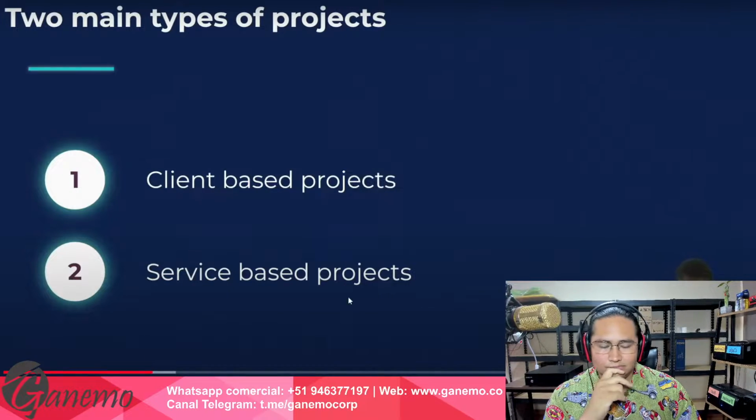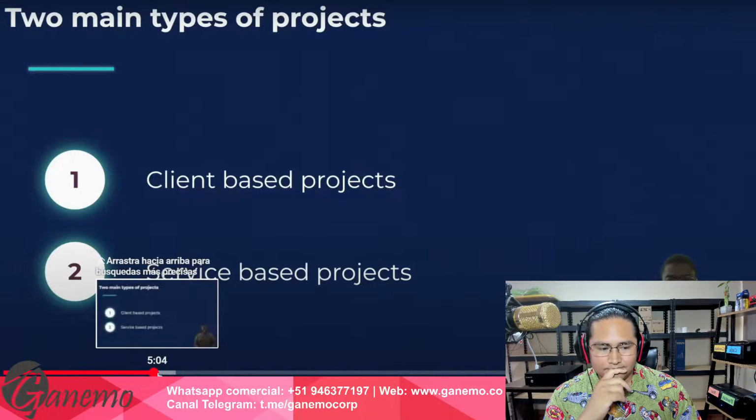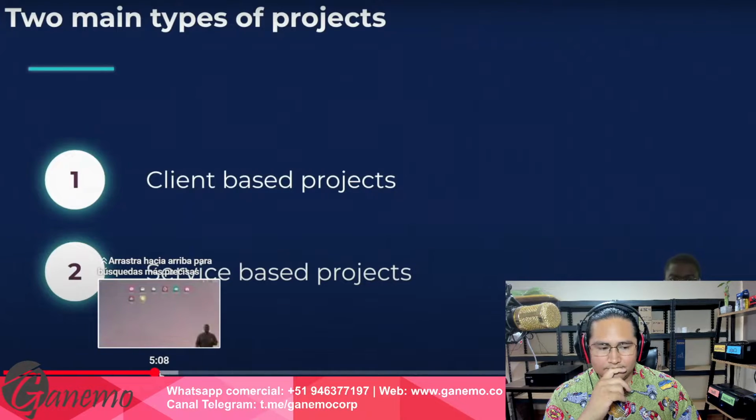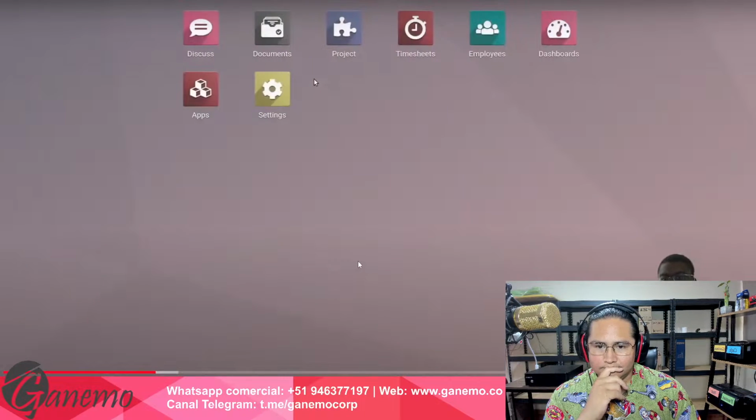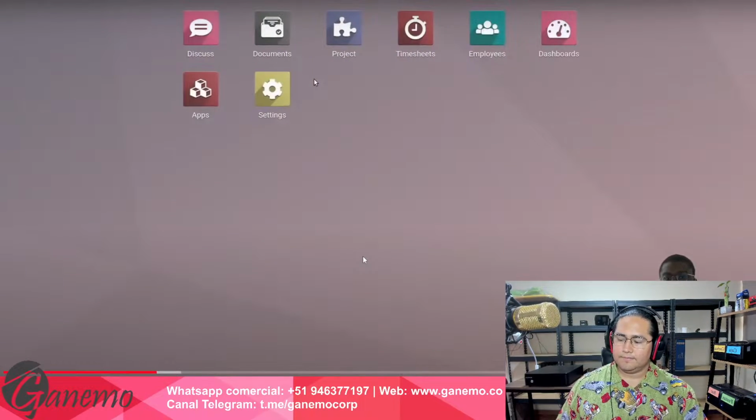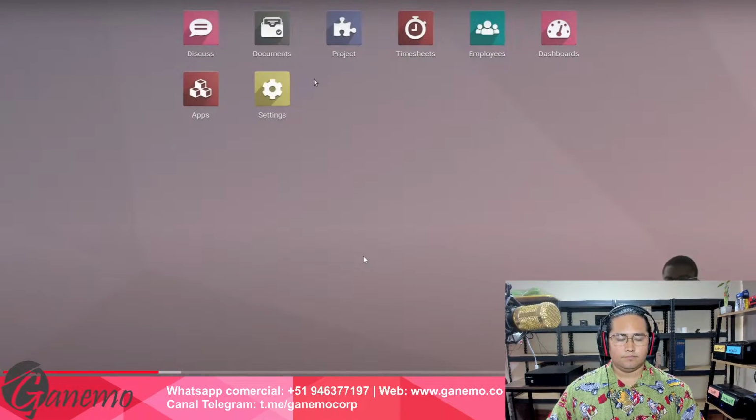But instead of talking, let me just show you how it will look like, and let's hope you like it as well. So here you can see the different applications that I've installed here. I'm just going to explain what each of them do, of course. Project will be used to have your project management applications, of course, with the different tasks in the Kanban view. We will also have the timesheet, which will be helped here to put the numbers of hours that every employee has.